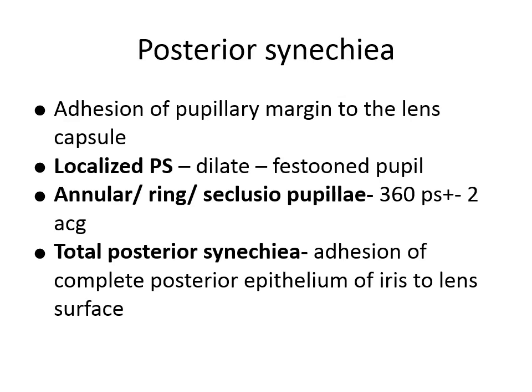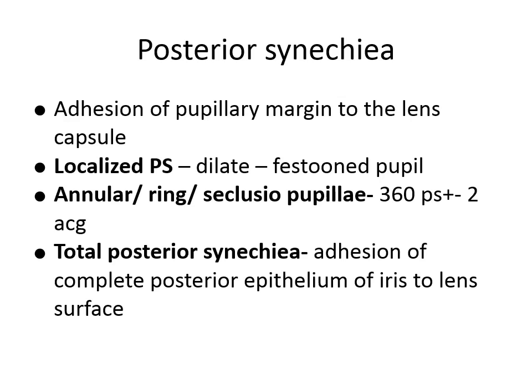The third one is you have a total posterior synechiae, which means there's complete adhesion of the posterior epithelium of the iris to the lens surface. Okay, so now here because of the outpouring of the exudates, the adhesion is complete between the posterior surface of the iris and the lens capsule, right? And this causes a deepening of the anterior chamber. Now there is also outpouring of exudates behind the lens, and that forms a cyclitic membrane, and it covers the ciliary body and the posterior surface of the lens also.